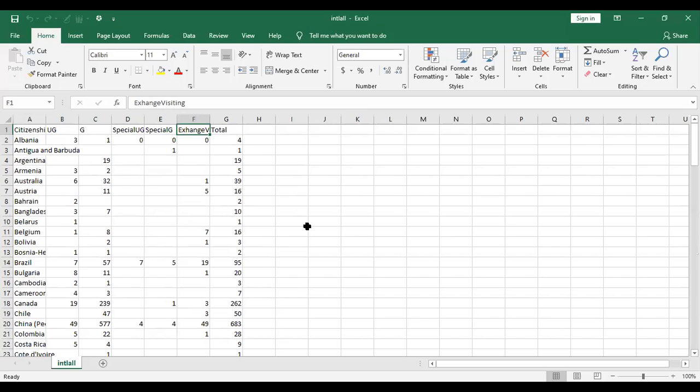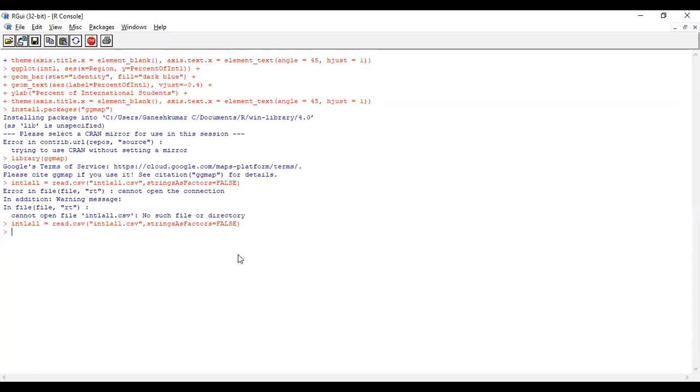I'll share the coding. Please complete up to this step. What I'm trying to do: we have converted the bad chart into a good chart, and with this we are completing the Intel data. Now we are using Intel all, and we are going to import the world map. From the world map we can see which places the students are coming from. More students mean a better color.